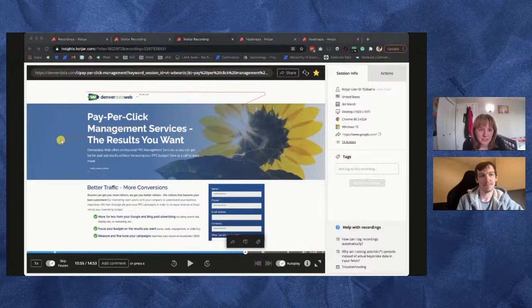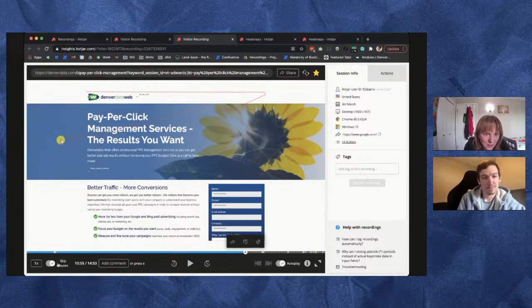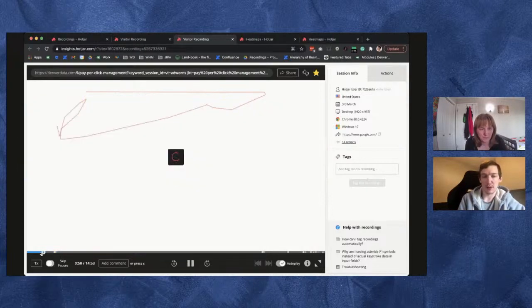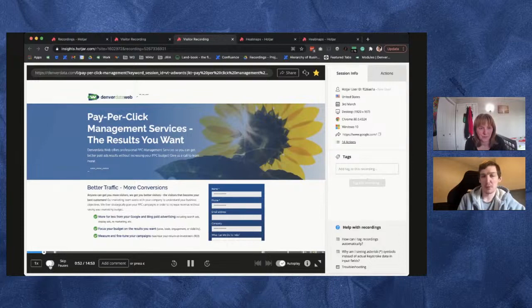One thing that I'm noticing is these are very, very fast. It seems like the person is zooming around. Can you explain, although I see that the session time is almost 15 minutes, is there something that you have on to make that easier? Yeah, exactly. Down here at the bottom, we can skip pauses, and that's what I usually have on. But if we were to sit here and watch this guy's or girl's whole interaction, it would be very, very slow,